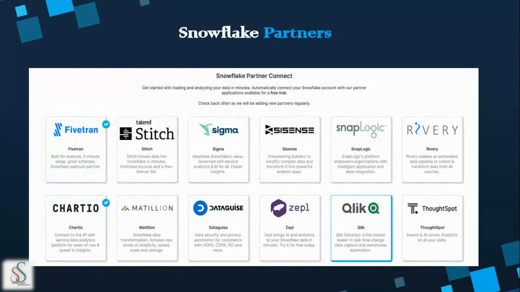And not only Fivetran, there are lots of tools which are already partnered with Snowflake. This is also one of the advantages companies prefer. For example, if a company is already using Fivetran, they can just use Snowflake by connecting to it.